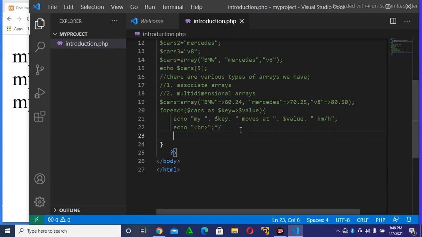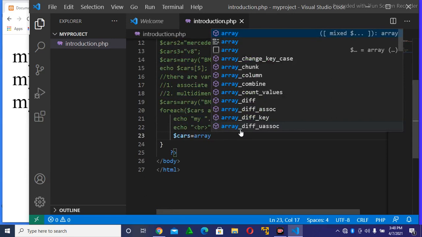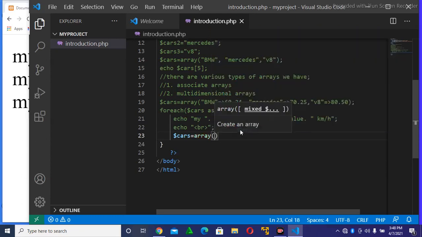Let's say for instance you may have cars, then you introduce an array. A multidimensional array, as the name suggests, means you have more than one array. You use more than one array. So let's say for instance you may have cars, then in cars you may have expensive cars, may have expensive,